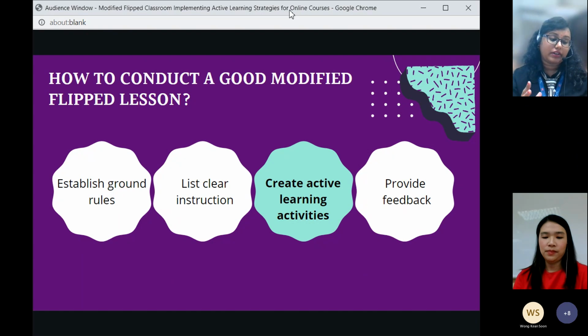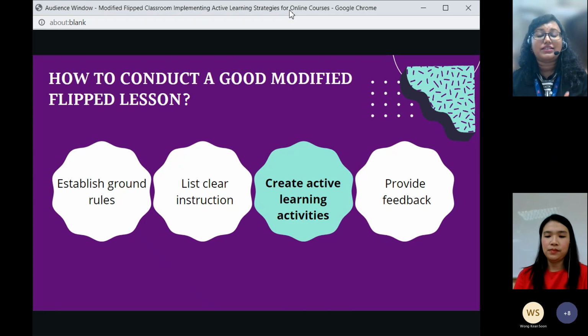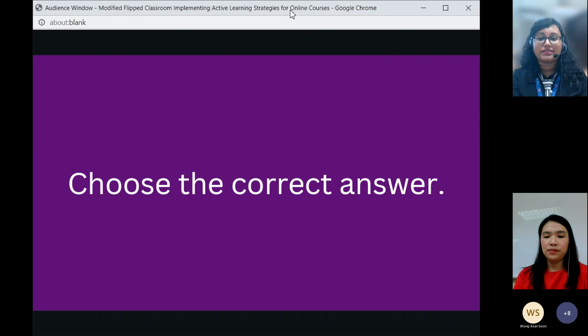Although we have already allocated 1 hour for flip and 2 hours in class, some lecturers that I know, even in my department, are lecturing. So one thing that we need to change is to eliminate the lecture part, just focus on the review and incorporate a lot of active learning activities in class. Which leads to the next part of the slide, which is the